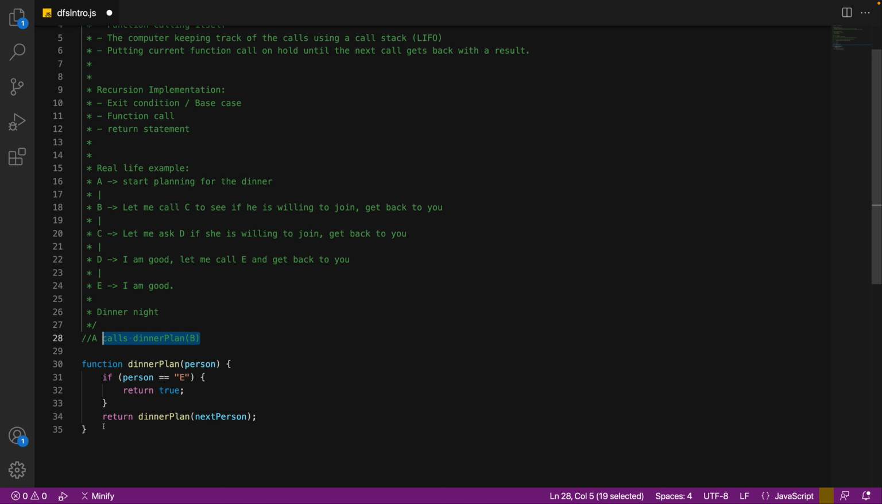A gets his answer, then everyone's planned a dinner in a very efficient way, I believe. And so this is a very simple example of recursion. A is an external caller. A calls the dinner plan from outside of this function, and then passes in B as a person, but B,